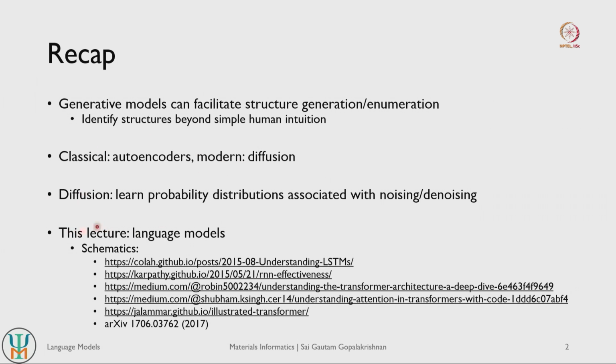and they are the ones that are used in modern generative tools. So in this lecture we look at how language models work in general, what are some of the changes to neural network architectures that power the large language models that are quite commonly used within the common literature now, and how they can be applied to some specific material science tasks such as structure generation. The schematics that I will be using are derived from one of these 6 resources unless otherwise mentioned.